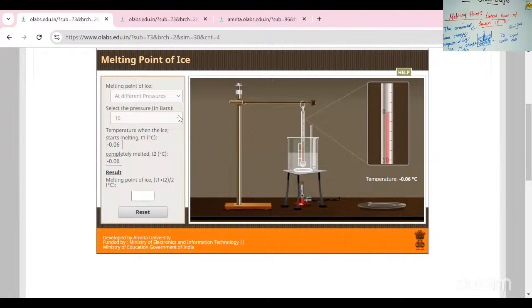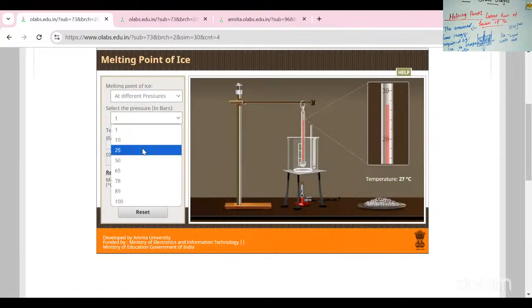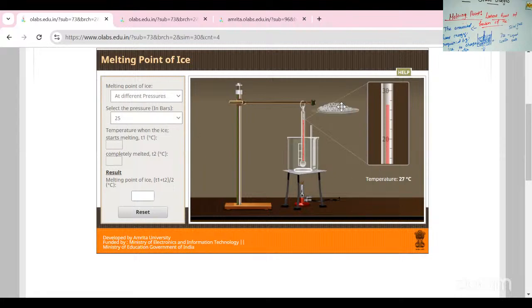Now I want to change the pressure level. I increase the pressure to 25. The same process, I put the ice cubes into the beaker. The ice cubes are heated in this area. Look at the temperature. When the pressure is increased, the temperature level is decreased. Here the temperature is minus